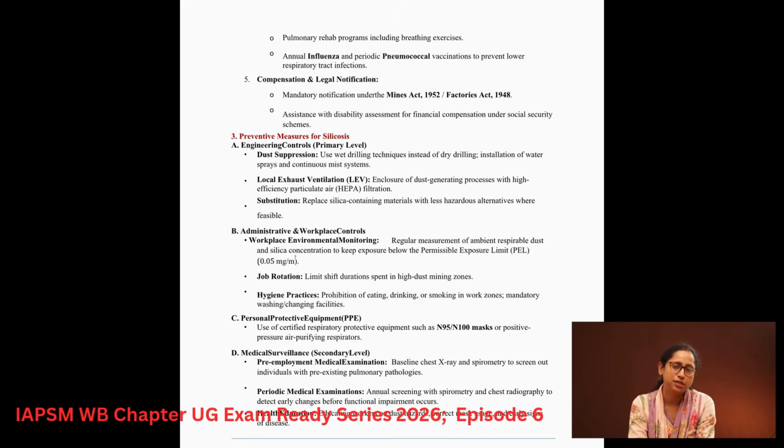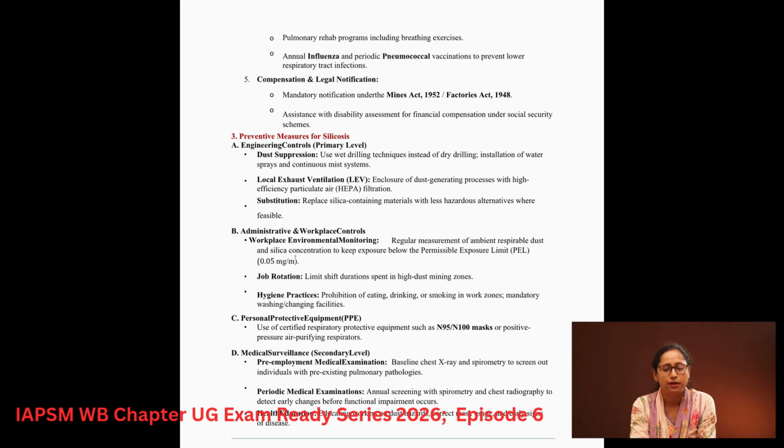The preventive measures for silicosis would include engineering controls, administrative and workplace controls, personal protective equipment and medical surveillance. These are all given in any of the standard notebooks. Please write under these headings the preventive measures for silicosis or, say, for any occupational lung diseases. Engineering controls, that is primary level, would include dust suppression, local exhaust ventilation and substitution, and please write what are